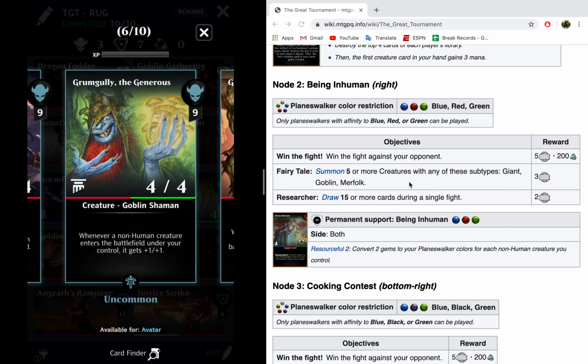So that means that for each of those goblin tokens that you summon, instead of coming out as 1/1s, they are now going to be coming out as 2/2s. So Grumgully is amazing with tokens, and is going to make those tokens significantly more viable and significantly more powerful. Also, Grumgully is only 9 mana and is a 4/4, so that's a pretty decent body for being a